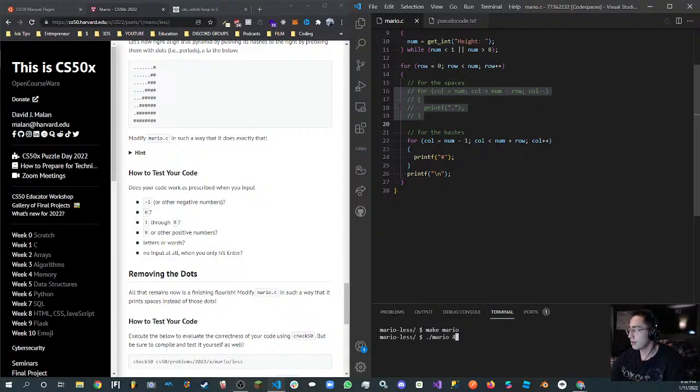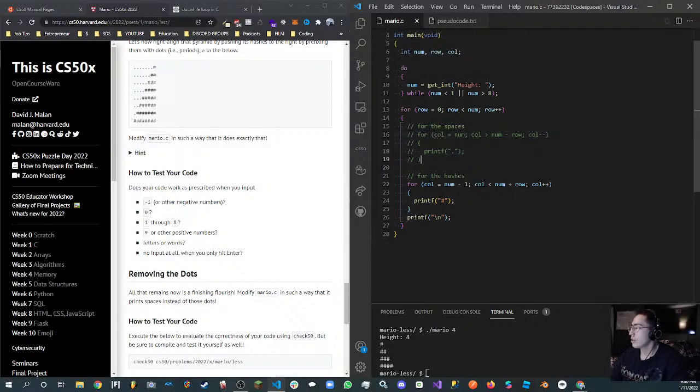We know that Mario.less prints out the right amount of columns and the right amount of rows. It's just that now we want to make it, besides left indented, right indented. We know that for every row, for spaces, let's say